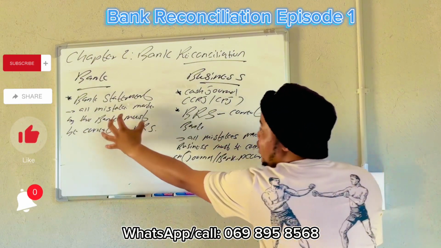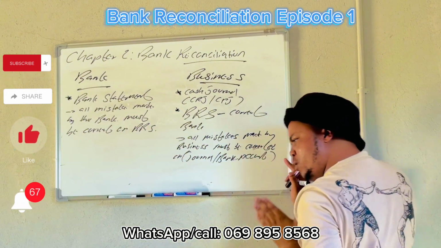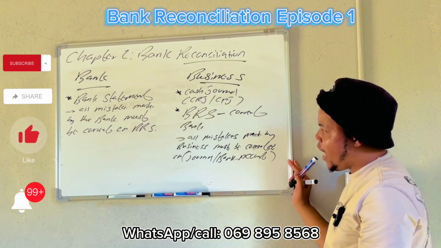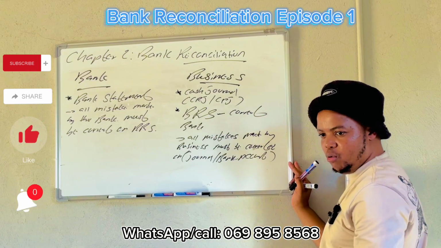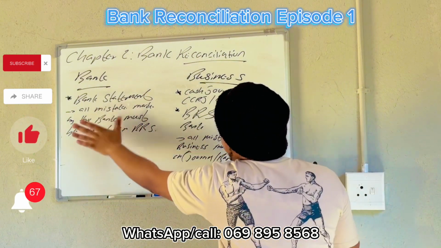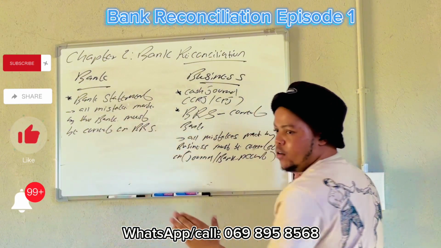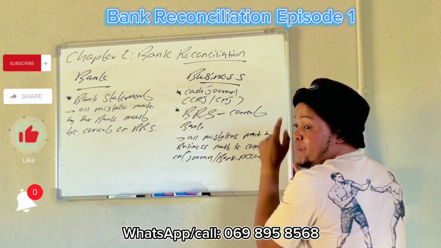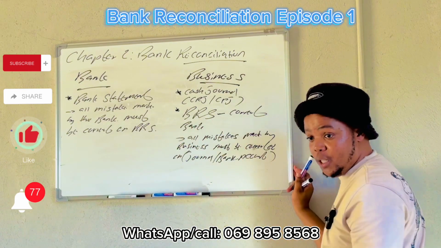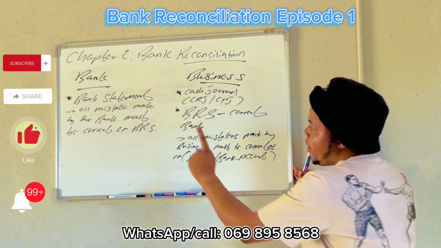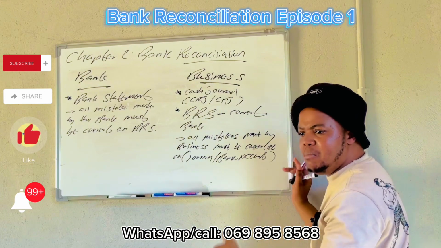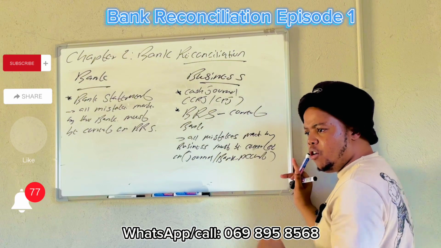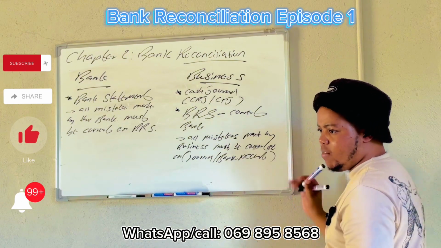So this rule is very important, because when we read the information, we must be able to identify who made the mistake between the two, right? Once you are able to say the person who made the mistake is the bank, you know where to rectify that. No, I must prepare the BRS. A BRS is like a call to the bank that, you made a mistake on my bank statement. I didn't pay a supplier on the 14th, but you indicated that I paid on the 14th. Rectify these mistakes. We are all together, right?